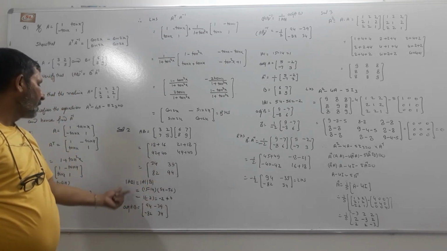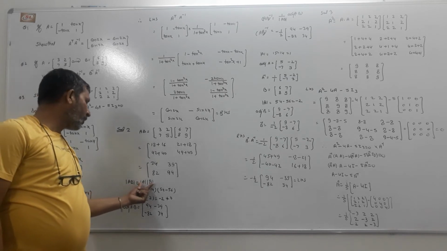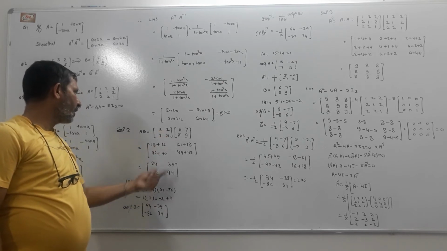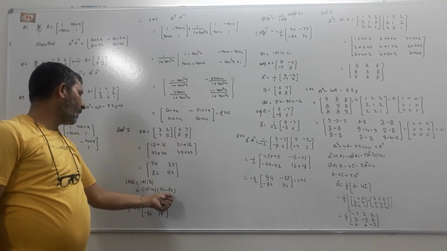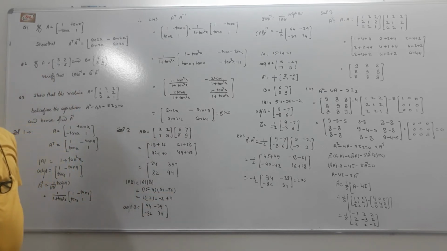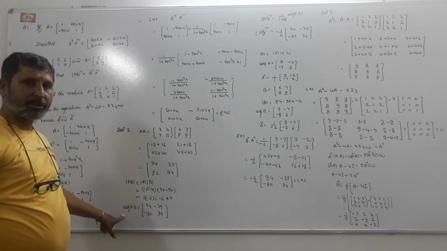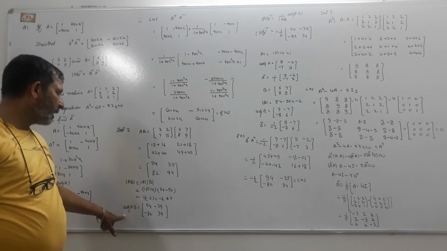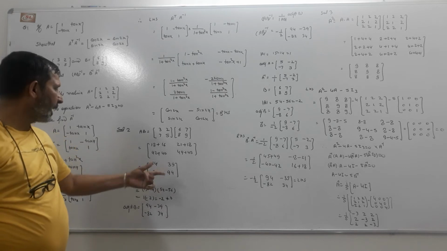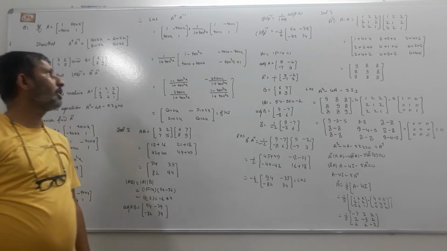Then after this, the determinant of AB, and we know that the determinant of AB is always equal to determinant of A into determinant of B. Determinant of A is 15 minus 14, which is 1; determinant of B is 54 minus 56, that is minus 2, which is not equal to 0. Therefore the matrix is invertible. Then how can we find the adjoint of AB? In the case of adjoint of AB, we interchange the diagonal elements and change the sign of the non-diagonal elements. That is the adjoint of AB.